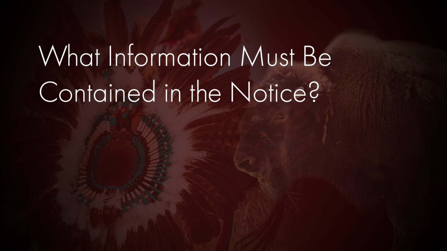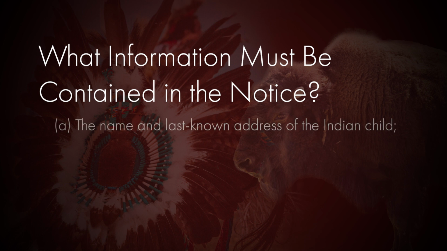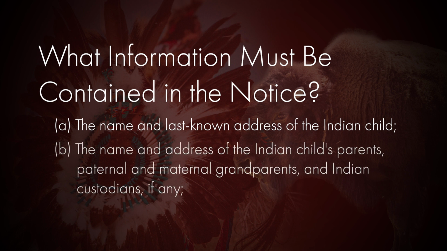The notice should also include the potential legal consequences of an adjudication on future custodial rights of the parents or Indian custodians. The Nebraska Indian Child Welfare Act outlines additional information that must be contained in the notice to the extent it is known, to include the name and last known address of the Indian child, the name and address of the Indian child's parents, paternal and maternal grandparents, and Indian custodians, if any,